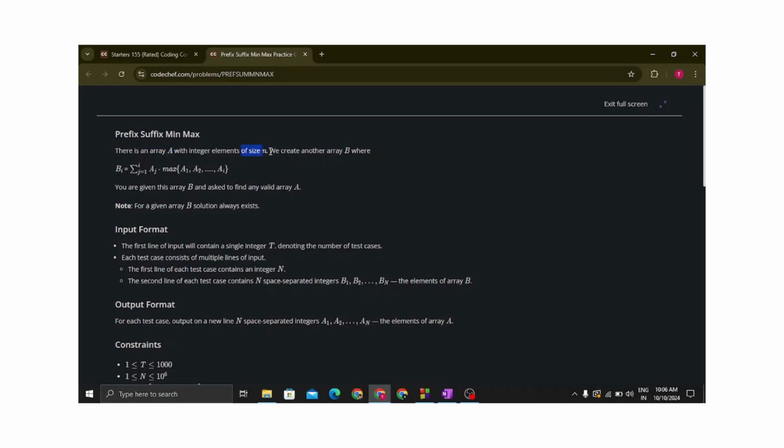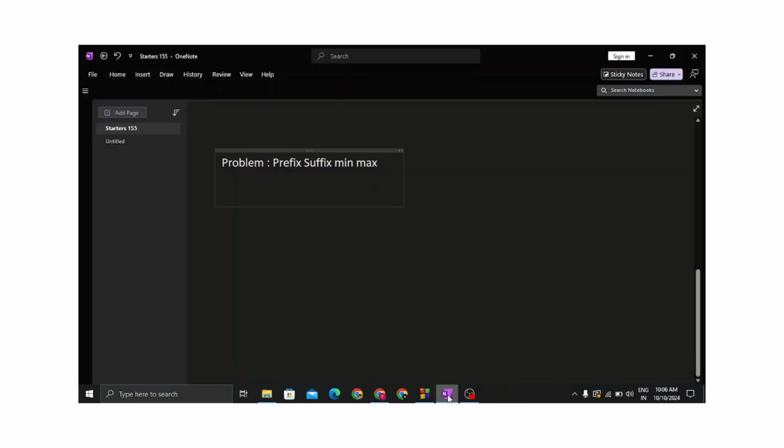with n integer elements, and then we create another array B, such that if you want to compute the ith element of B, you take the prefix sum up to the ith element of array A, and you subtract the max element up to index 1 to I of array A. So I should write this here. Our B is constructed such that